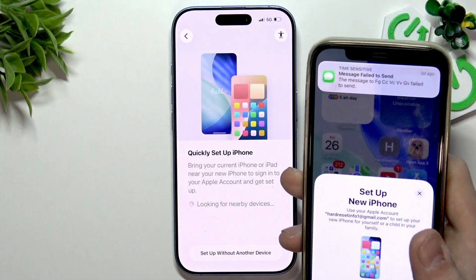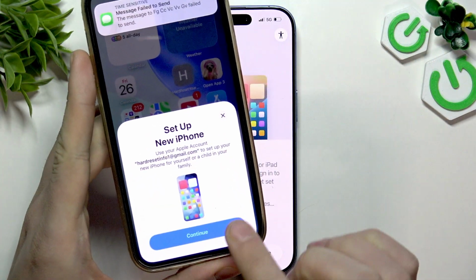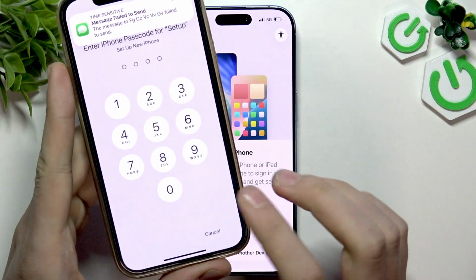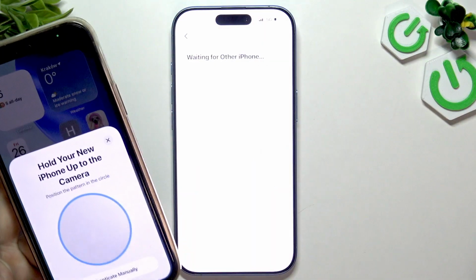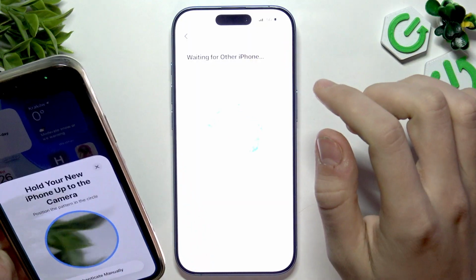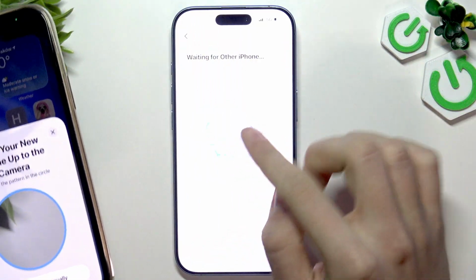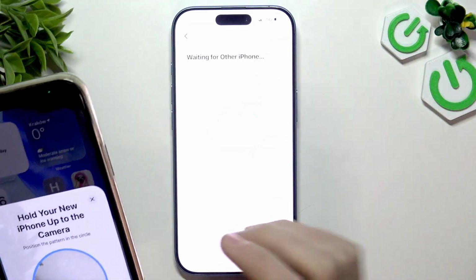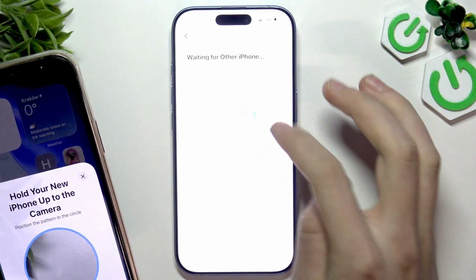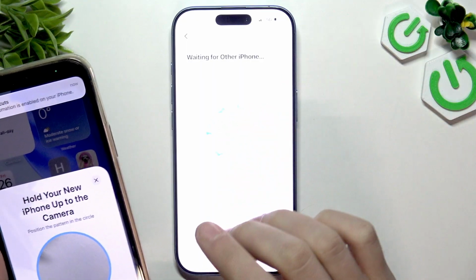As you can see, our iPhone is looking for new devices. We do have Set Up New iPhone. Tap continue and enter your passcode on the phone. Waiting for other iPhone. Now you need to scan this blue circle. Wait a moment, I can't really lower the button, but here you will see this blue circle, and you need to just